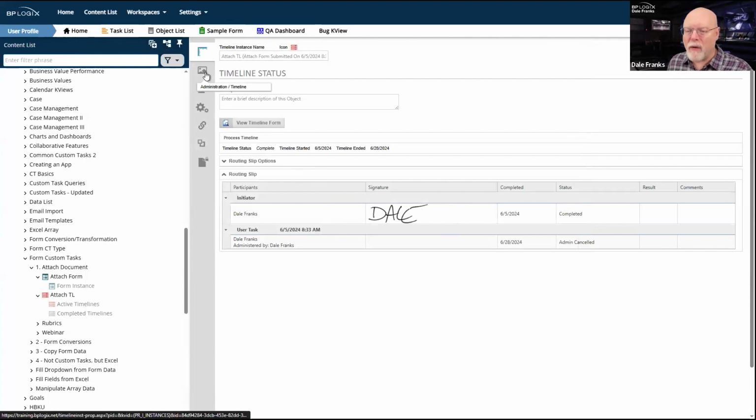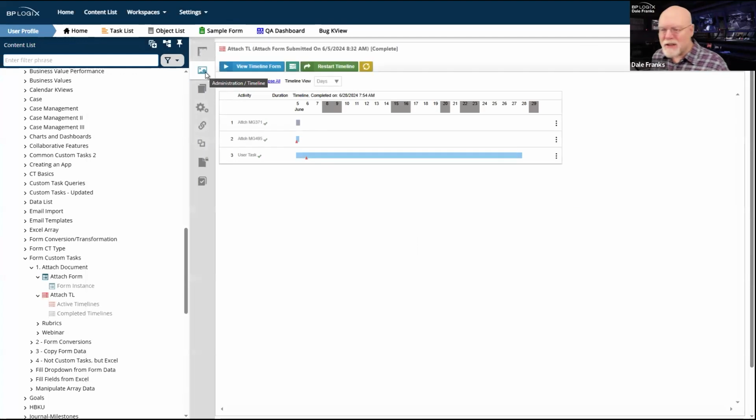Now I need to move over to administration and timeline. This is where the majority of the work that you're going to have to do will be done, because if you are editing the process, there's usually something going on. In our case, to go back to our example, somebody's gone on vacation and they have not completed their user task. Although in this case, the user task has been completed. So maybe we should just make a new version of this and have one that is running, and then we'll just change the user, because this is a completed task. Both these tasks are completed.